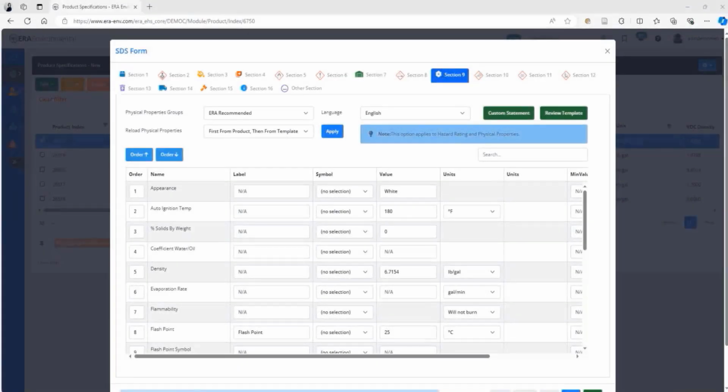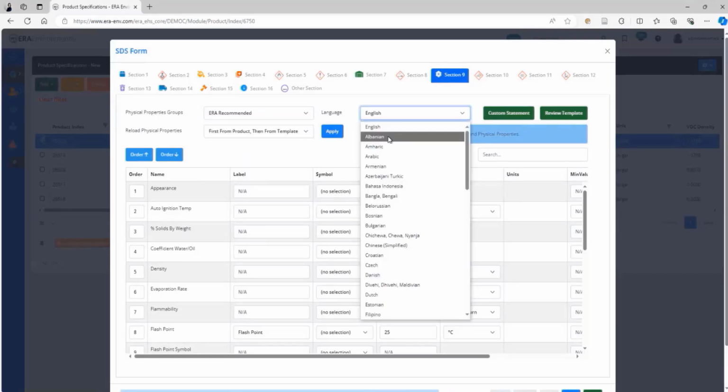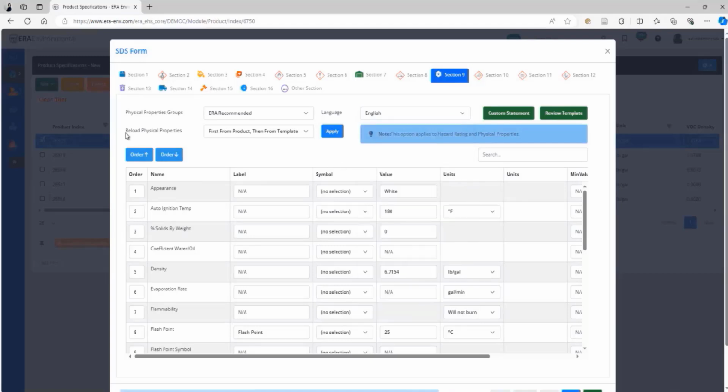Section 9, you see all the physical properties that will be shown on your generated SDS. On this page, you can filter for a desired property group such as volatility or flammability. You can maintain the translation for your properties and you have the option to pull the physical properties from template, which only display information from physical properties tab on the template, from product, which only displays information from physical property